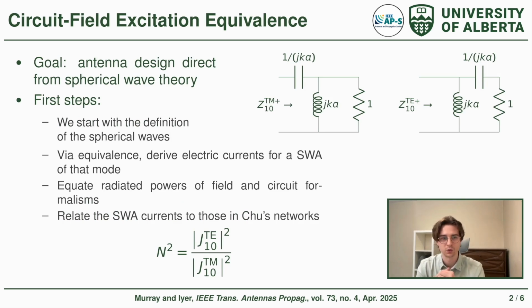The goal for this work was to design an antenna directly from the spherical wave theory. The first step was to start with the definition of the spherical waves themselves, which are essentially a set of electric and magnetic currents defined over all of space. Then via equivalence, we could derive the electric currents that would flow on the surface of a sphere that would radiate only that mode. We then equated the radiated powers of the fields of these spherical waves and the dissipated